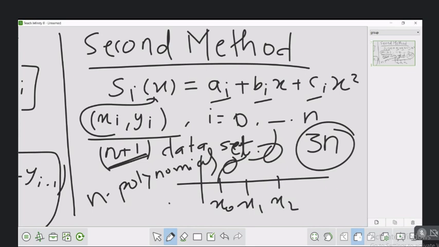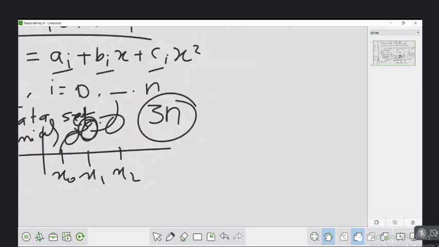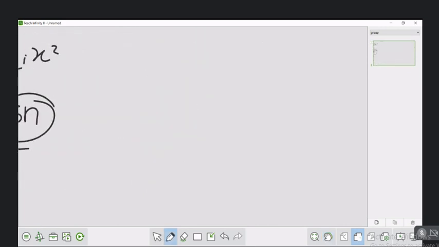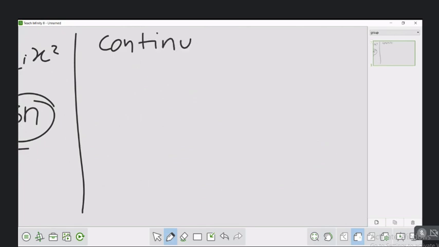The spline as a whole is continuous. One polynomial gives the same value at the knot x_{i+1} as the next one does. So if we use the continuity of S, then we'll get n more equations.